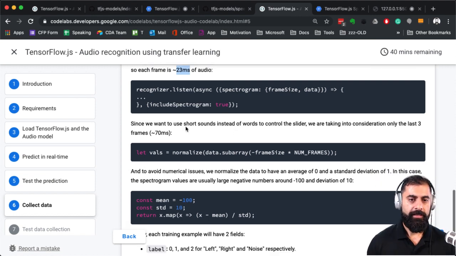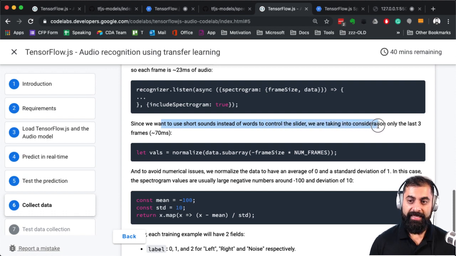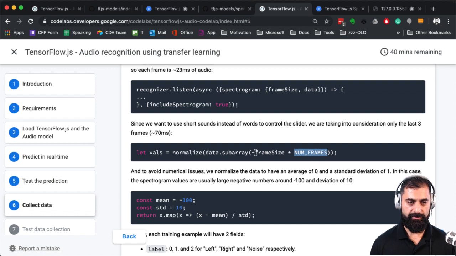Gotcha. Since we want to use short sounds instead of words to control the slider, we are taking into consideration only the last 3 frames. Subarray frames. I think I have to look at the code in a second. To avoid numerical issues, we normalize the data to have an average of 0 and a standard deviation of 1. In this case, the spectrogram values are usually large negative numbers around a deviation of 10.